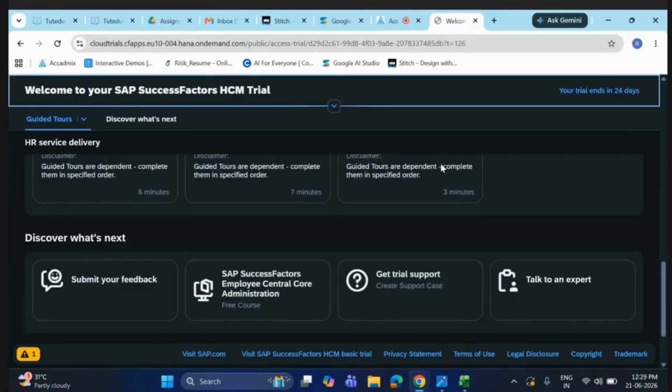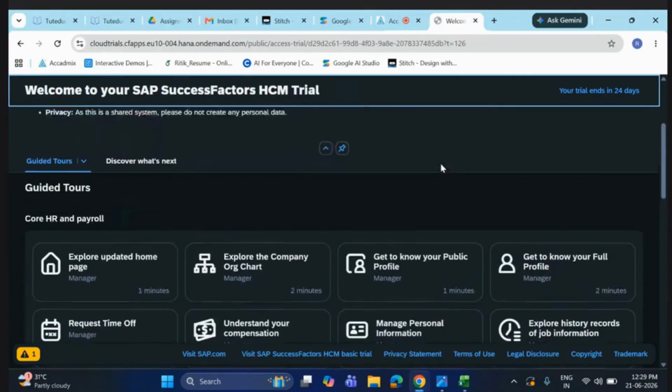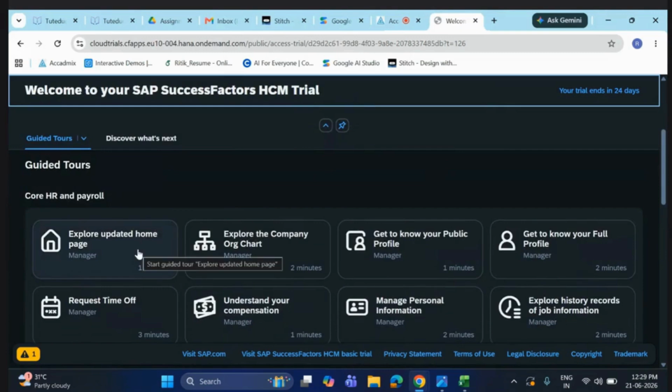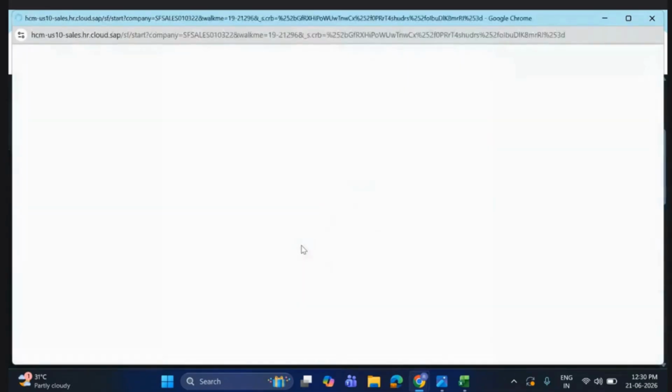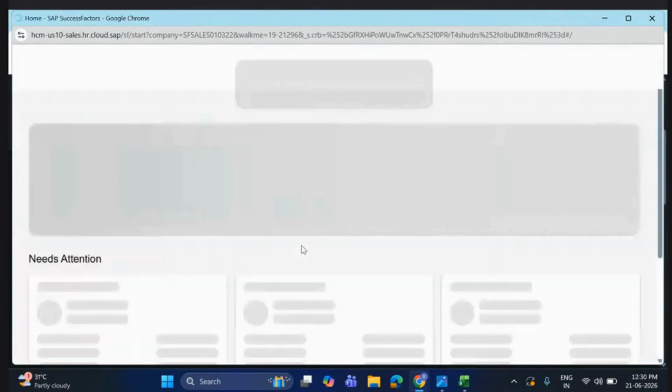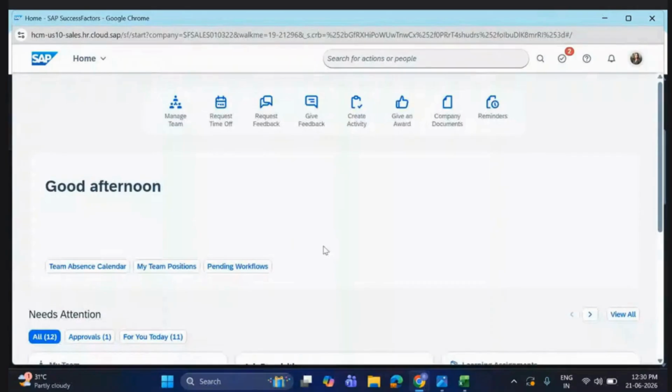So just scroll up and let's go with core HR and payroll. Just click on it. Let's explore how the homepage looks. Whenever any user logs in to SAP, that's how it looks.